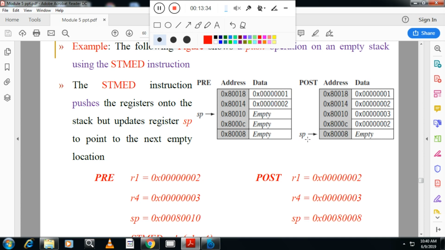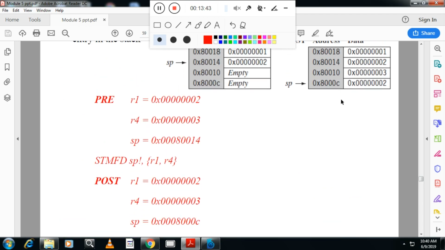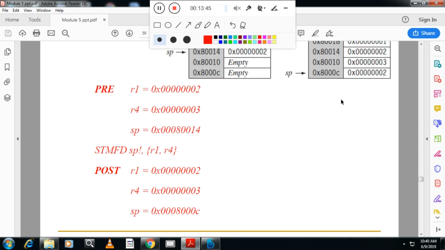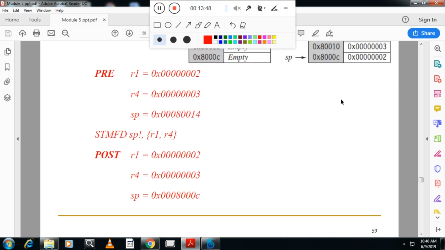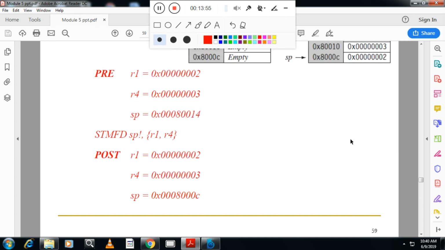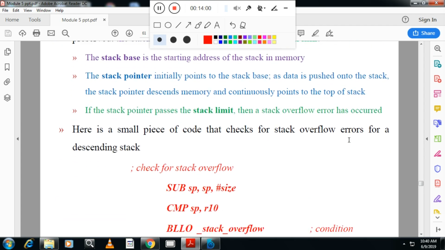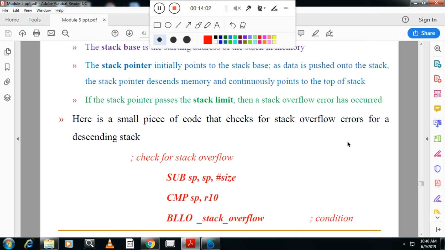But you can see here the stack pointer is pointing to this address later. In the earlier case, the addresses are in ascending order. So here you can see the stack pointer is updated with this one empty. Here it is not like that. You can check one program for stack overflow also. So this is the program for stack overflow.